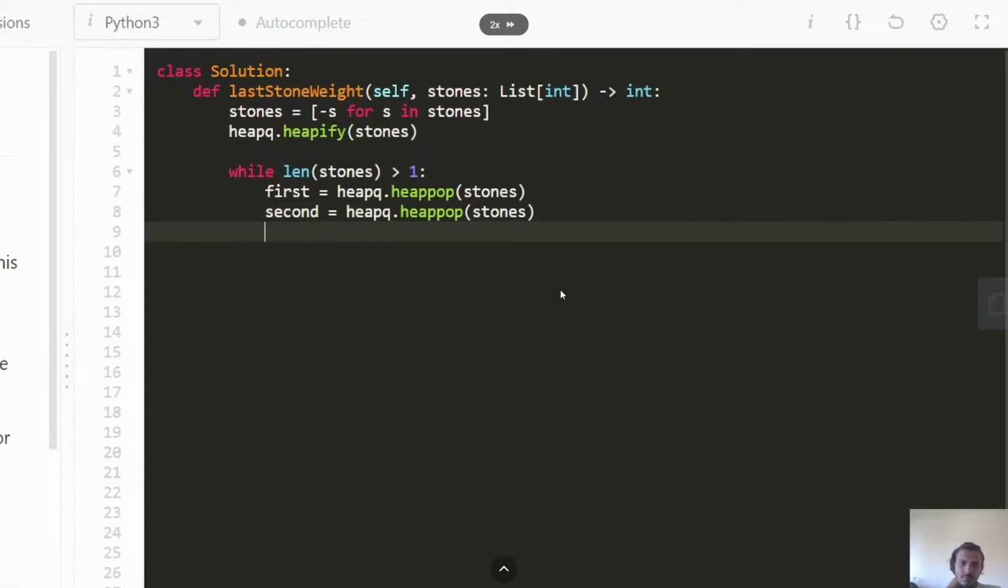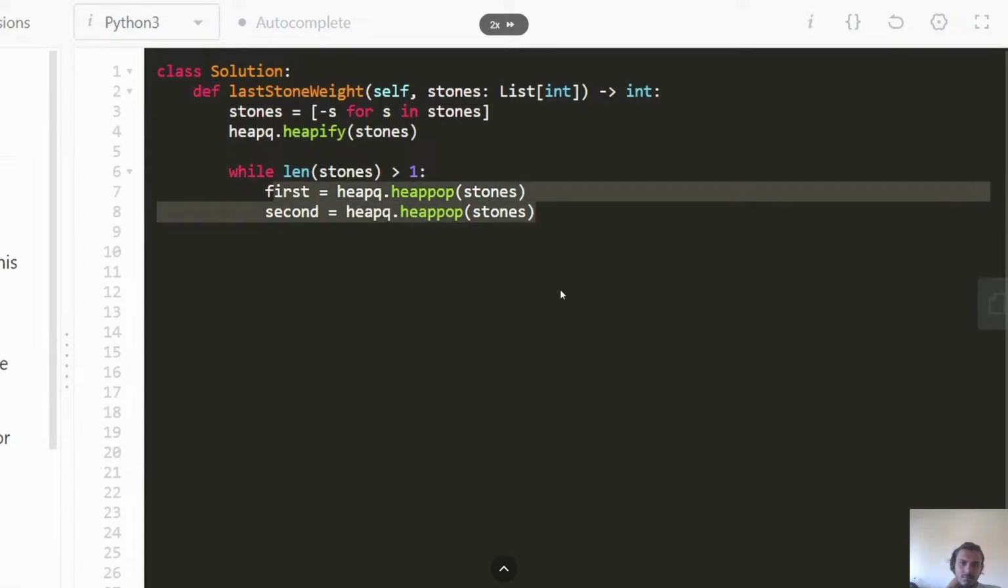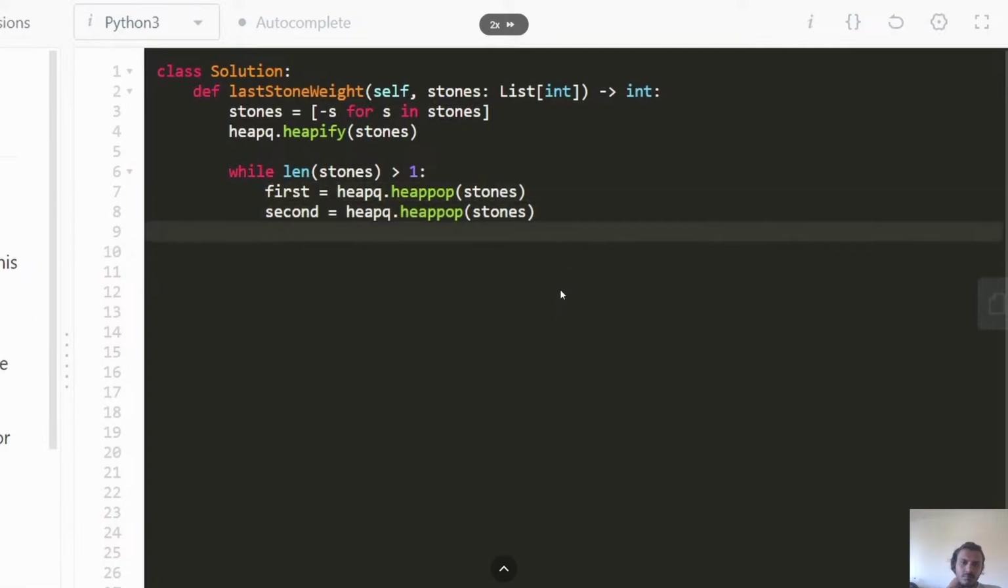And remember, if the stones are equal, we wouldn't have to do anything, right? We just remove these 2 stones from the heap, and if they are equal weights, then we don't really have to do anything. We're not going to add them back to the heap. We don't have to do anything. But in the other case,